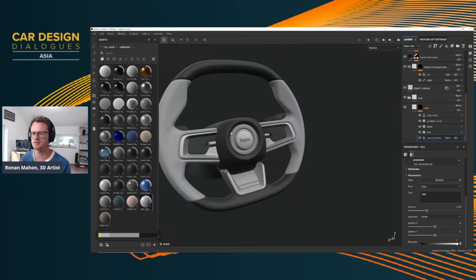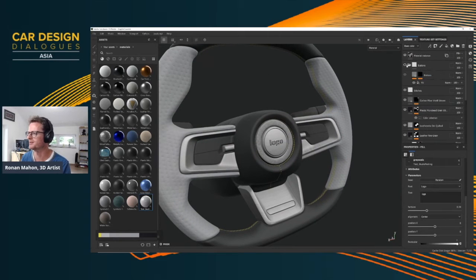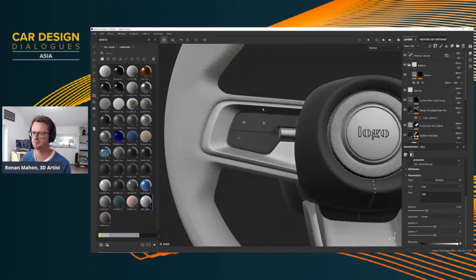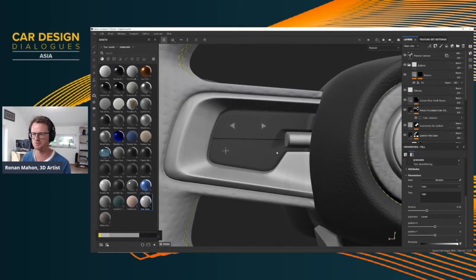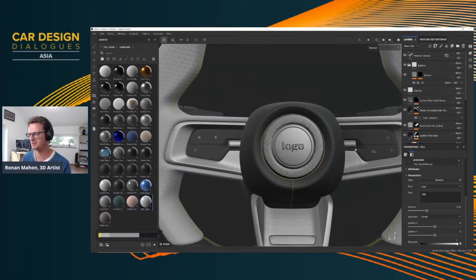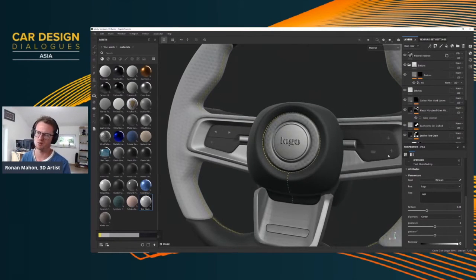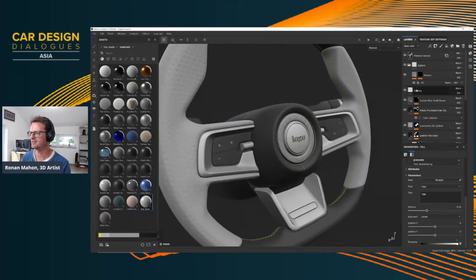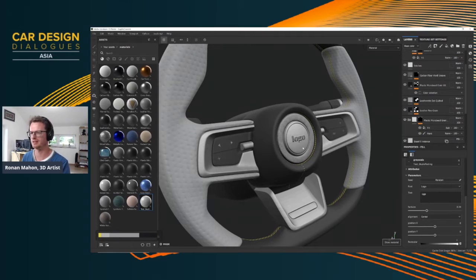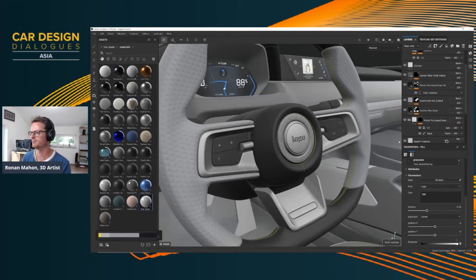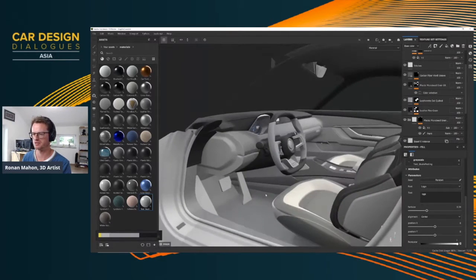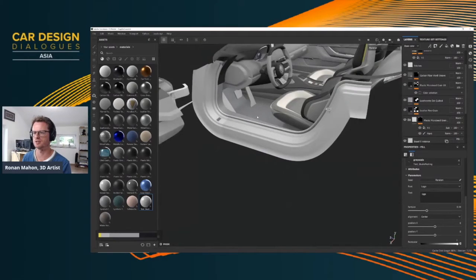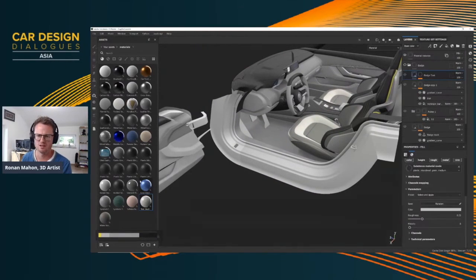Steering wheel is looking pretty nice. I think I ended up right now in the project, I'm starting to add some buttons. Obviously, they're not finished. I'm just using all the same ones all over the place, so this probably wouldn't fly. But you can see just a couple of layers very quickly, and my asset has almost textured itself. Let's come over to this door trim, and maybe let's go to